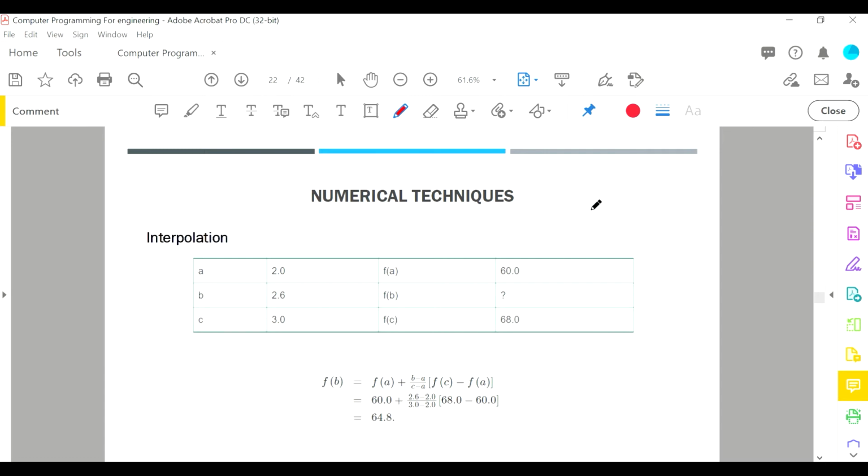So one important part of this class is numerical techniques, and we're going to talk about them more later, but we're going to introduce a very common technique, which is numerical interpolation. So there are two things: interpolation and extrapolation. And interpolation is, assume you have a curve of x and y, and you have